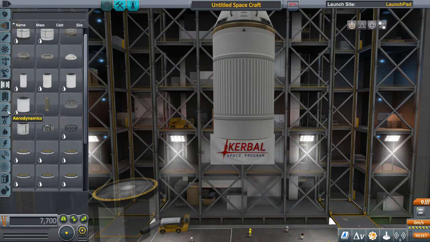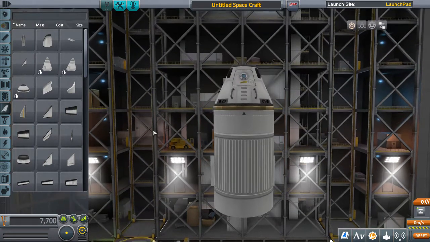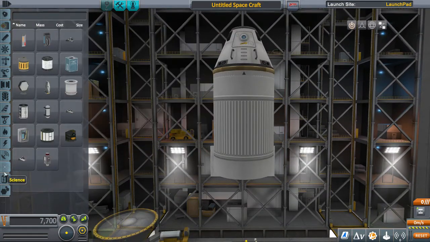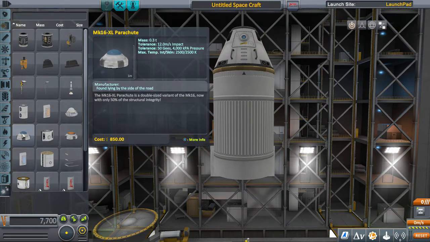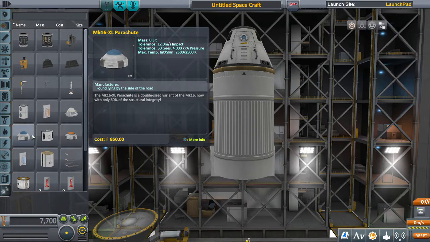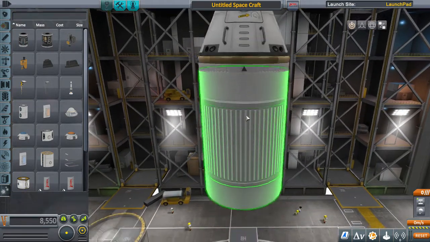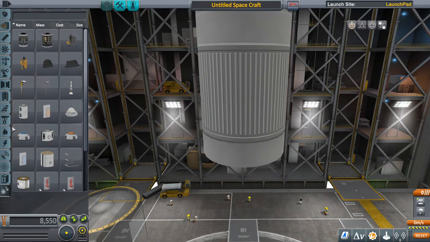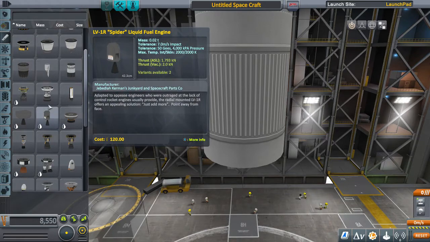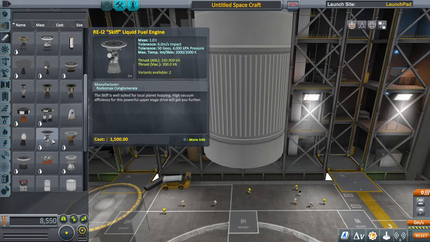Now you want to make sure that your rocket is as aerodynamic as possible. That means that you want it as streamlined as possible. That way there's no issues with it going through the atmosphere. Because if there's issues going through the atmosphere, there's going to be issues with getting it back. I'm going to use the biggest parachute I have just for the craft itself. I'm going to drop an engine that's decent on it. I'm probably going to use, honestly, so